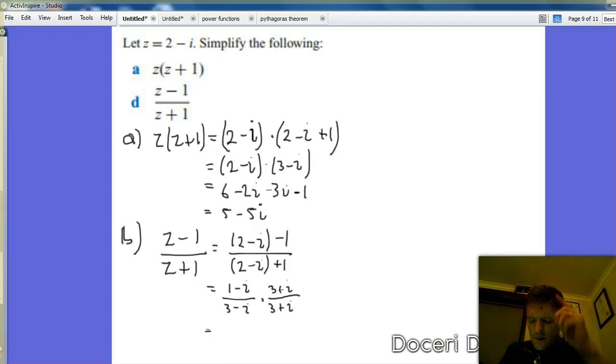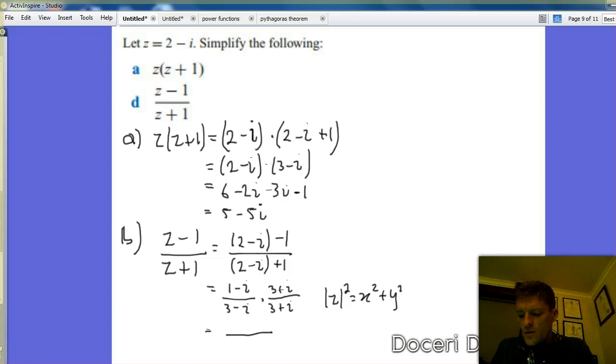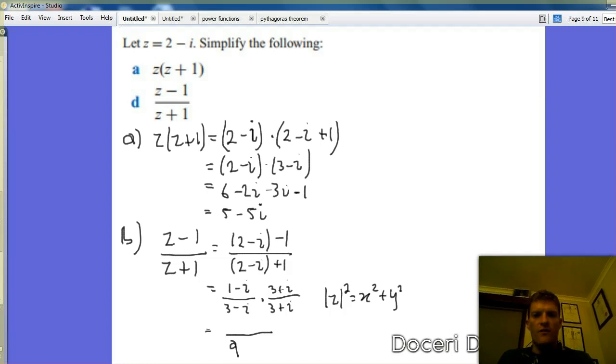Now, the denominator is simple because that becomes x squared plus y squared, which is the modulus squared. And we use that little shortcut rule to calculate the denominator. So 3 is your x value, 3 squared is 9, and y value in that will be 1 because the coefficient of i is 1,